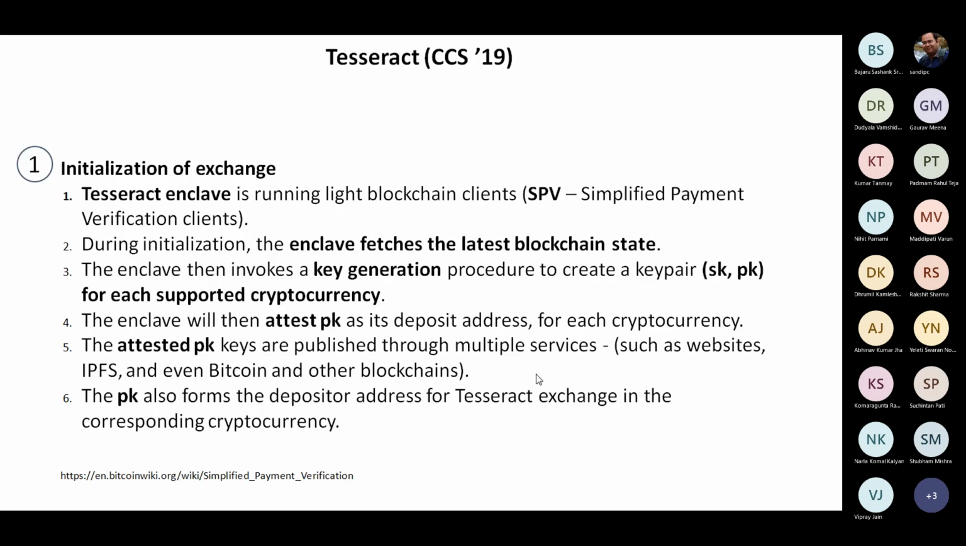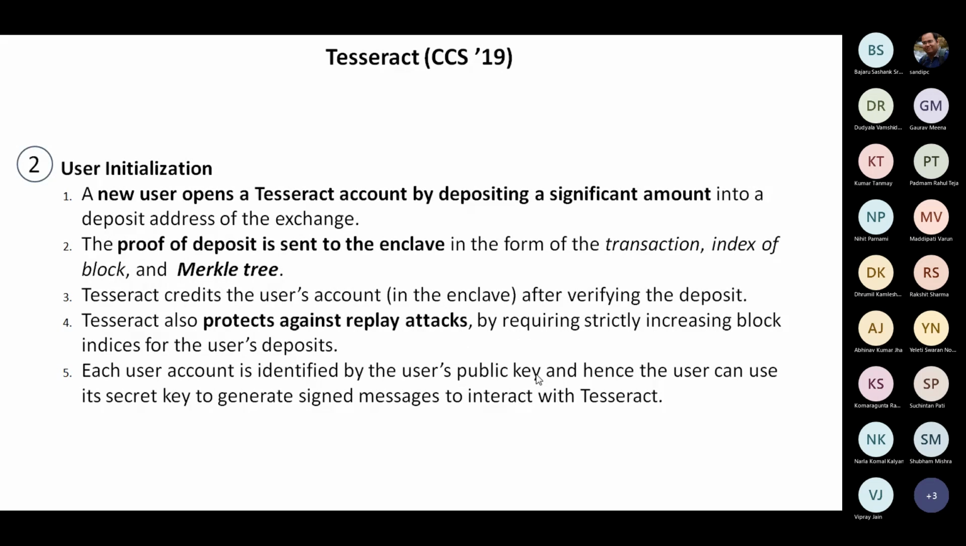The exchange has been set up, and then the user has made some amount of deposit with the Tesseract exchange. So that is the first step. The user opens the account by depositing a significant amount in the deposit address of the exchange, and the proof of deposit is sent to the enclave, so that the enclave can verify the details of this through the transaction and index of the block, Merkle tree, and so on. So that first of all, the exchange should be sure by checking it in the respective chain,